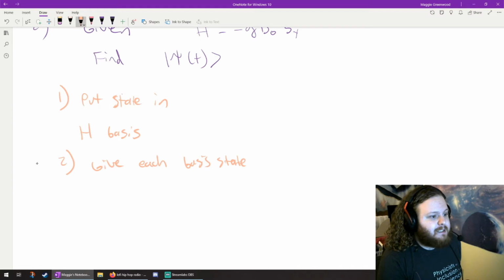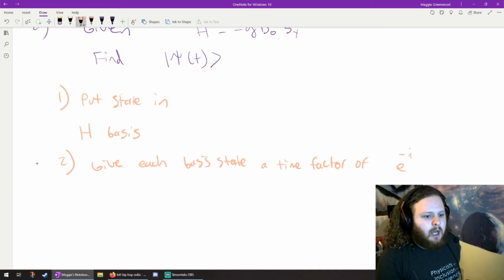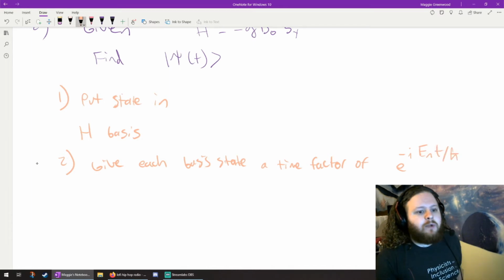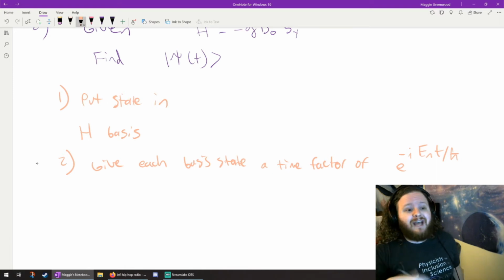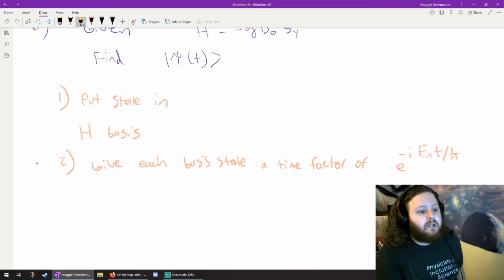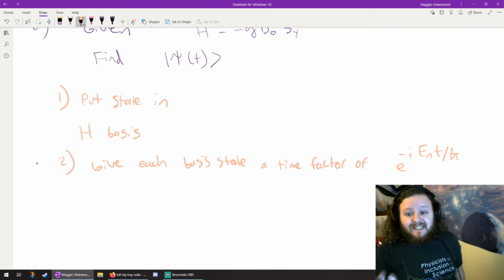Give each basis state a time factor of e to the minus i E_n t over h bar. What we're really implicitly doing in the background here is solving a pretty complicated differential equation known as Schrodinger's equation, which controls how states evolve in time. Basically, the way that any physicist meaningfully remembers what the Schrodinger equation tells us